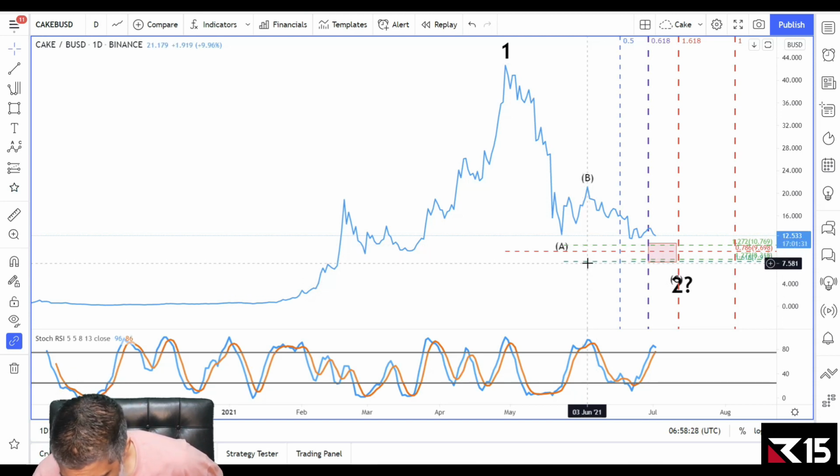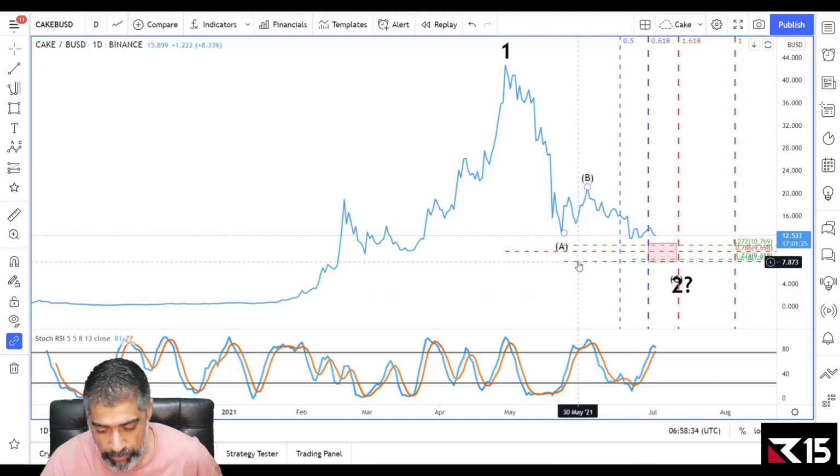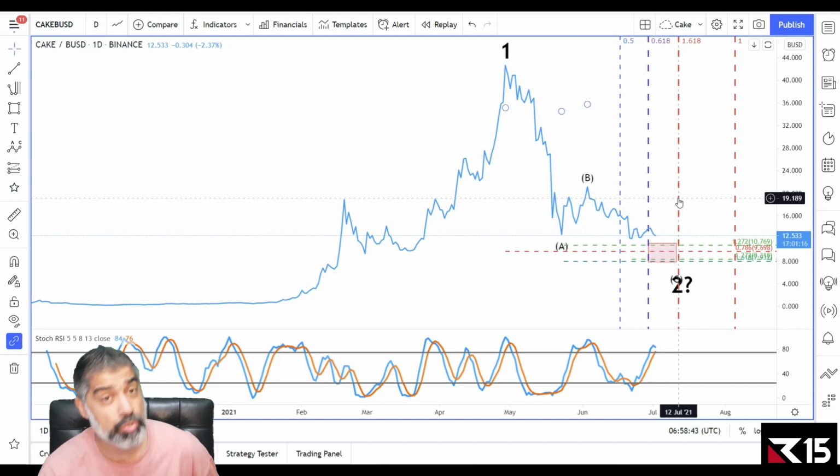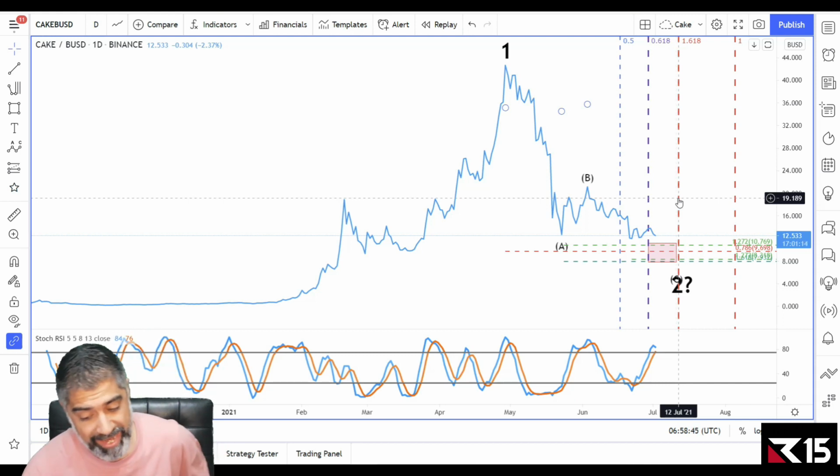From $10.70 down to the low, it's clustered, just about see it, around $7.80, right? So we've got that tight zone. We got time. We passed that minimum time. So the maximum, based on just basic Fibonacci time analysis, is the 12th of July. So we may see the end of the wave 2 by the 12th of July.